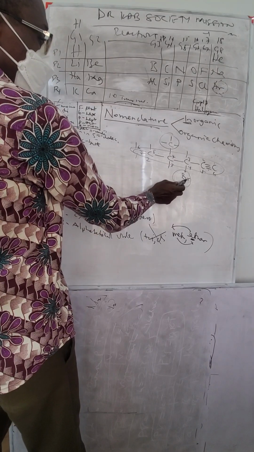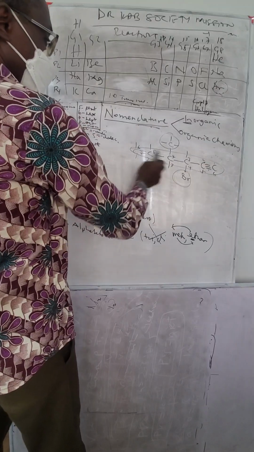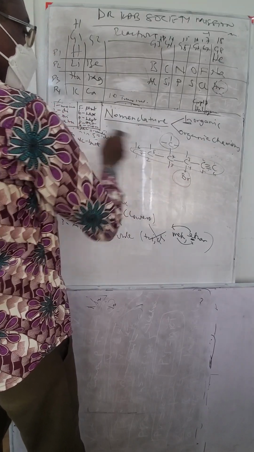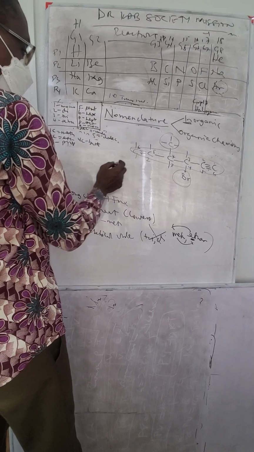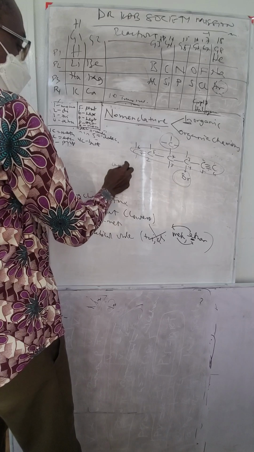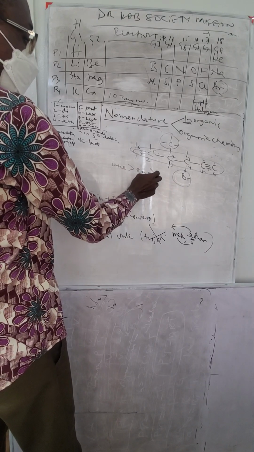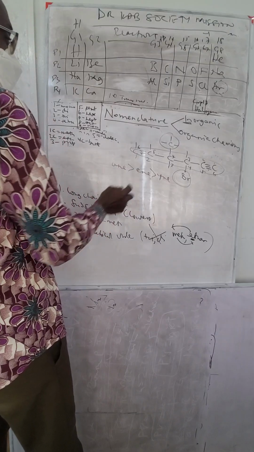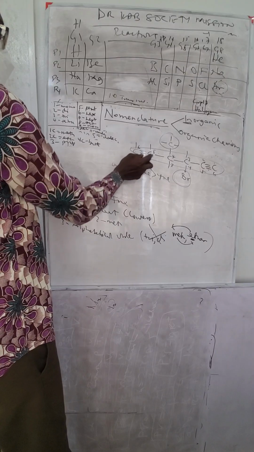This is giving bromine 4 and methyl 3. That is going this way. If you count this way, it's giving bromine 3 and methyl 4. So which one should we go for? Remember the functional groups: alkene is considered to be greater than alkyne. In that order. So it means you must give preference to the alkene here, so that it will get